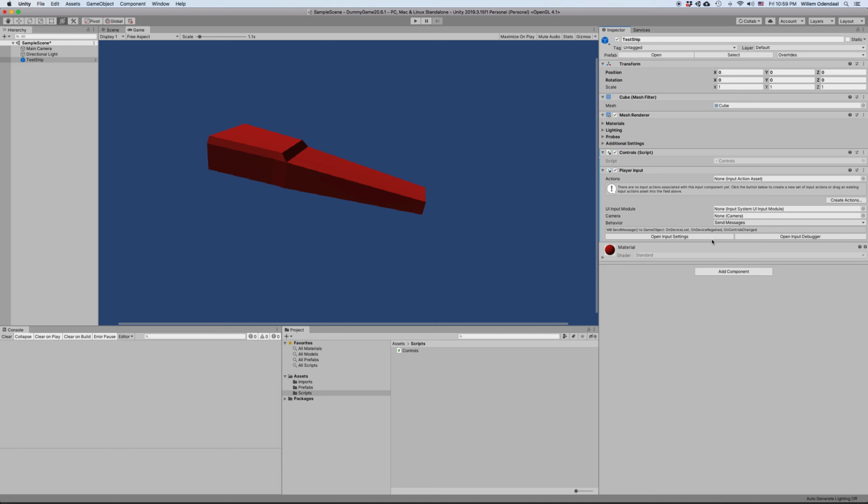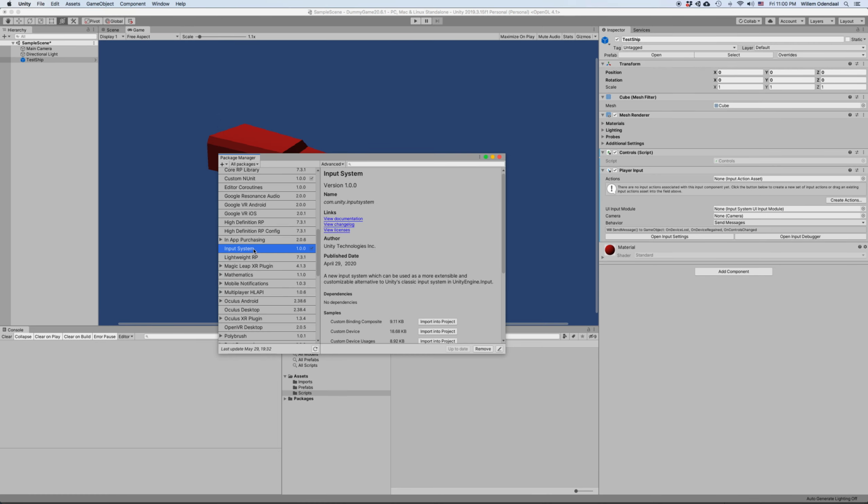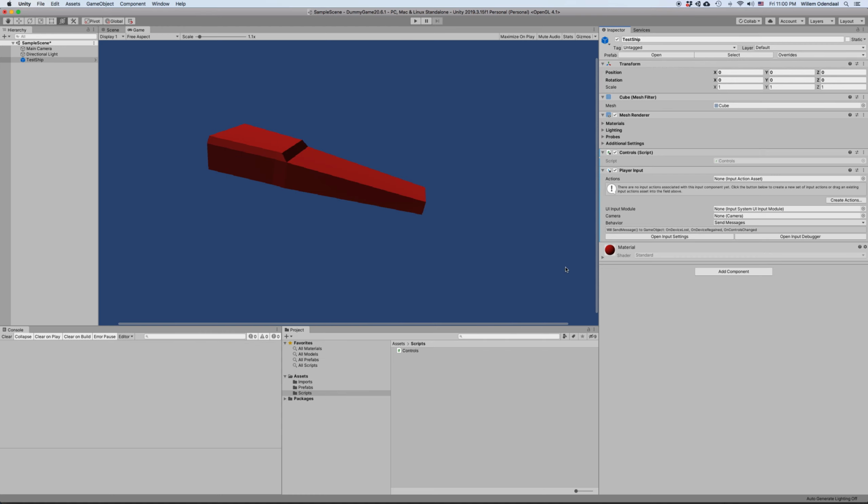player input. If this doesn't work yet, if you haven't installed the input system yet, then what you want to do is go to Window, Package Manager, and import the input system here. You don't have to select any of these samples, just the basic one. A dialog will pop up asking you to enable it. It doesn't matter what you click there, but once you've finished and once Unity has restarted, what you can do